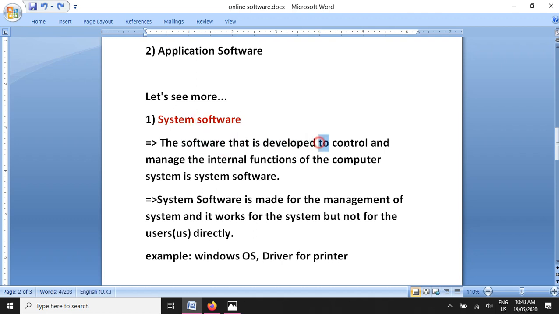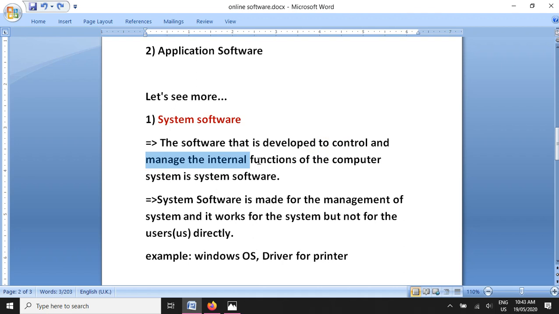Why? To control the working of the computer system, to control the working of the computer hardware and give it proper commands, and to manage the internal functions. There are many internal functions, such as data handling and a lot of other functions going on inside the computer.